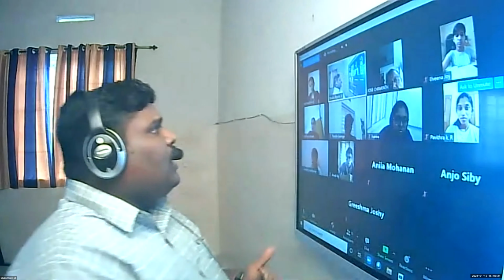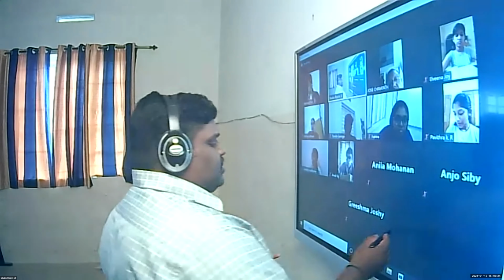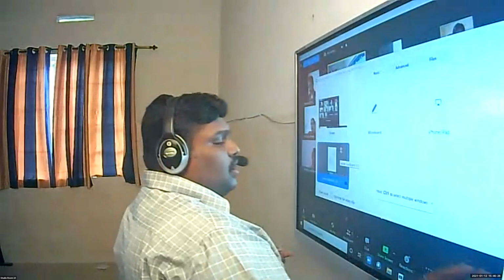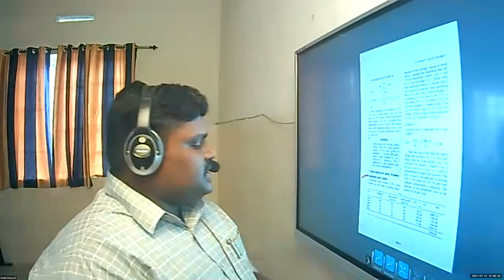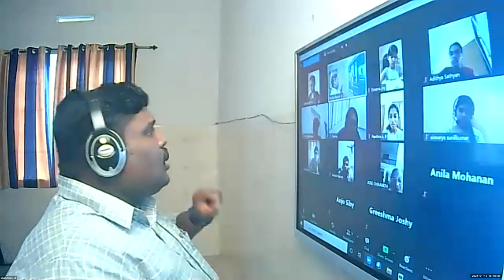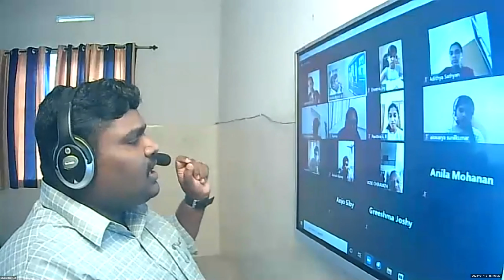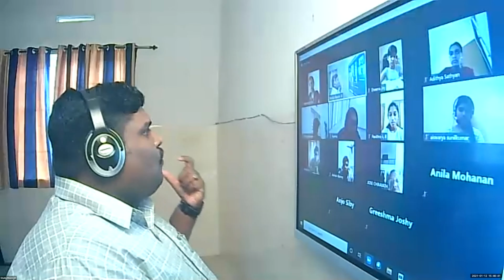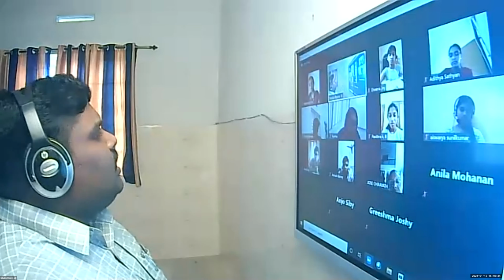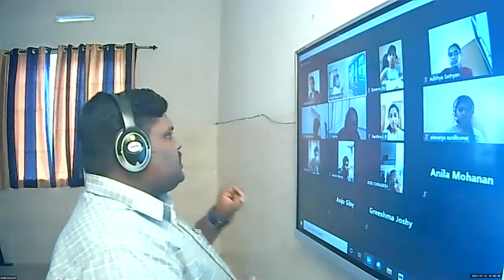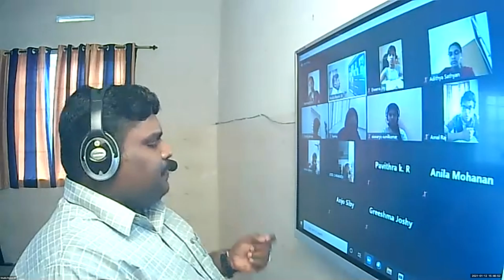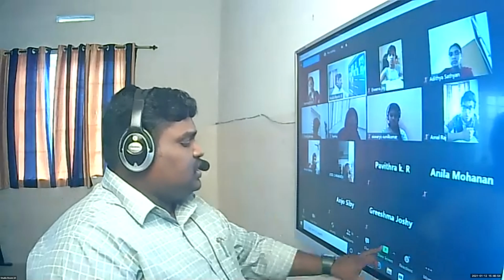So, for calculating this dearness allowance, it is important to understand the changes in the price of goods in the market, basically the retail market. Clear? We consumers purchase the product not directly from the producer, or from the super stockist or the wholesaler. Where are we purchasing the products from? From the retail market, right? So first of all, we want to understand the change of prices in the retail market.